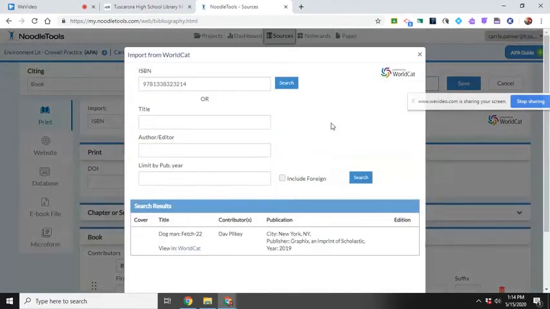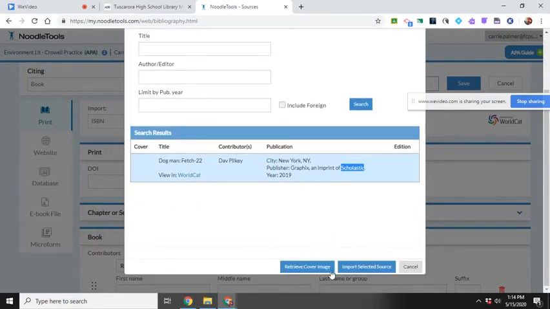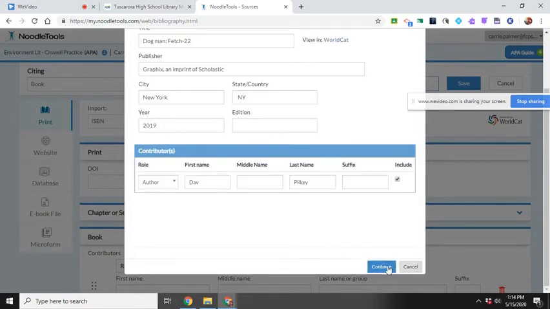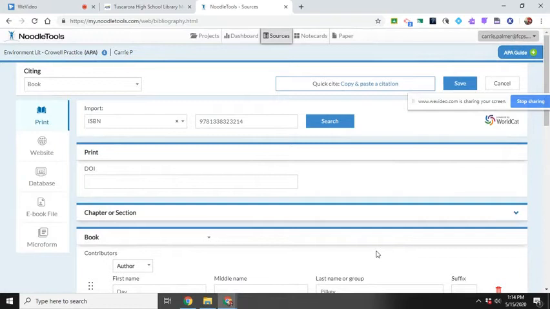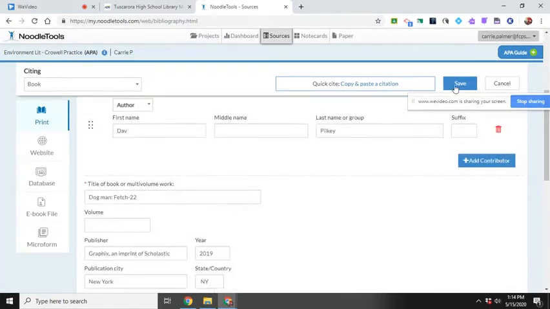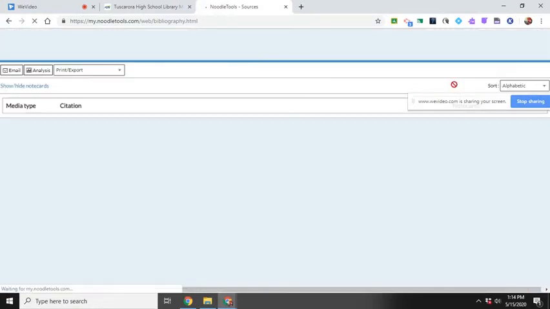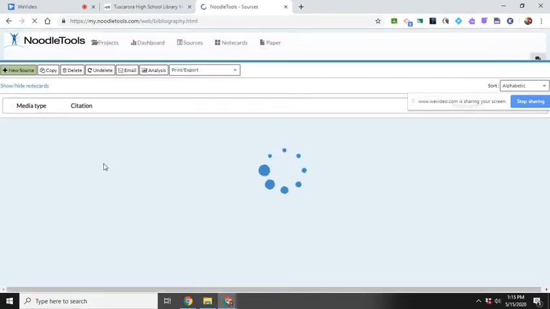And click search. All right, and it is Dogman Fetch 22. It's my son's book. So I have it right here. All right, so I'm going to click import selected source and I'm going to hit continue. And so save here. And now it's going to have both of my citations